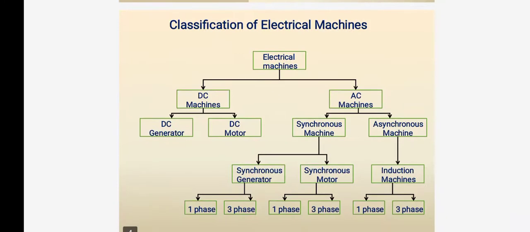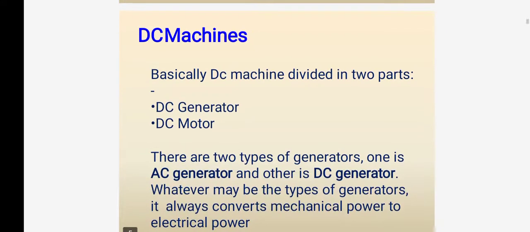Now, the classification of electrical machines. We have already seen the classification of electrical machines clearly. We are talking about the rotating machine. The rotating machine is classified into DC machine and AC machine. The DC machine is classified into DC generator and DC motor. The AC machine is classified into synchronous motor and asynchronous motor. We discussed all these things in the previous slide, and in this presentation, we are going to talk about the rotating electrical machine. First we go for the DC machines.